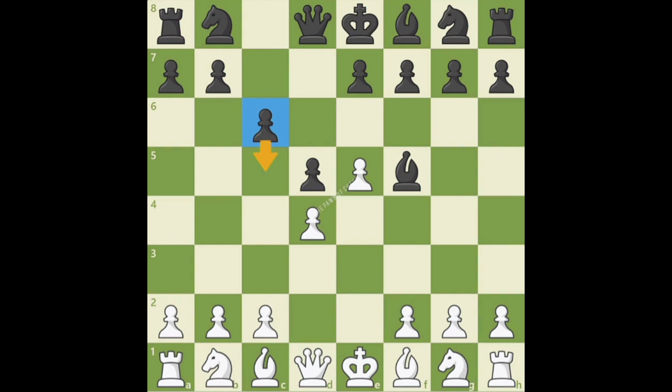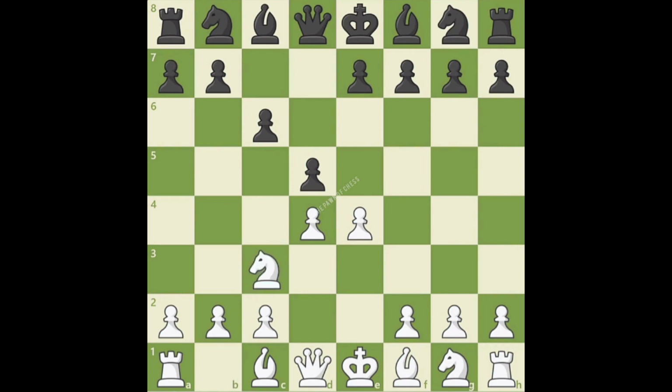This is the trade-off with the French defense. Black's light-squared bishop is more active in the Caro Kann, but it takes more time to attack white's center with c5. A popular choice for white is knight to c3, developing a piece, protecting the e4 pawn, and attacking the